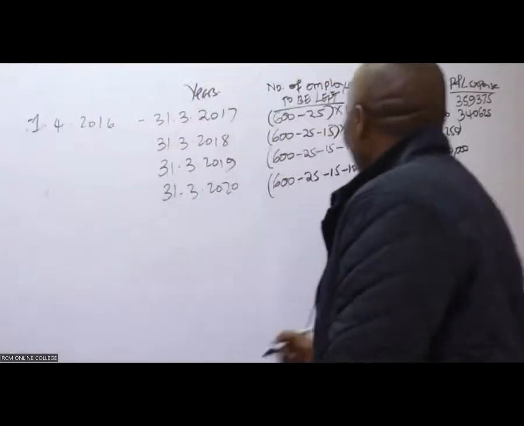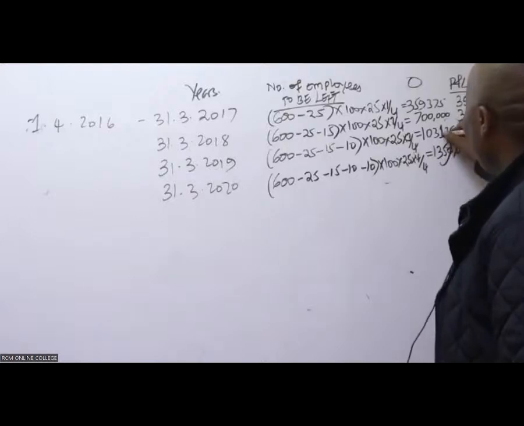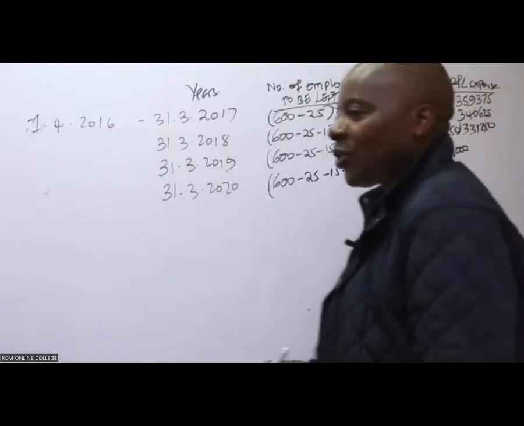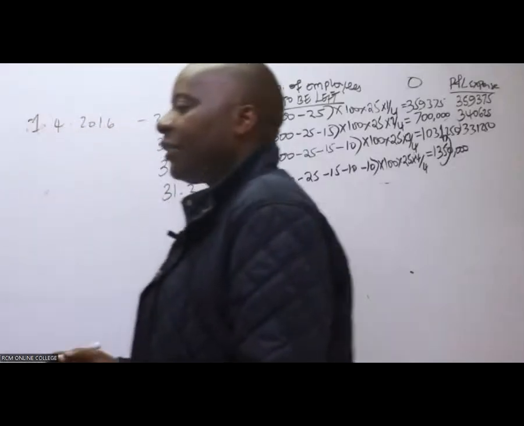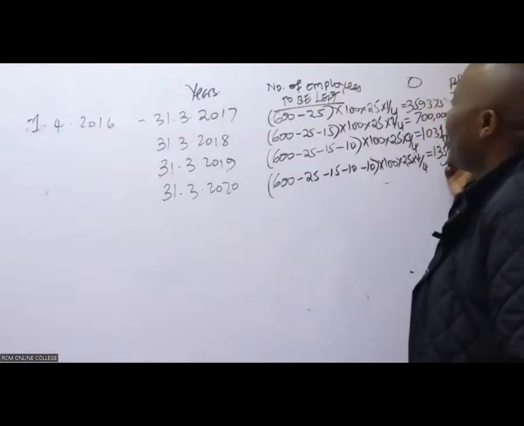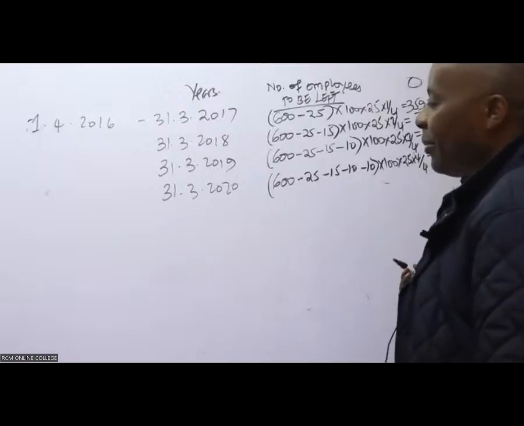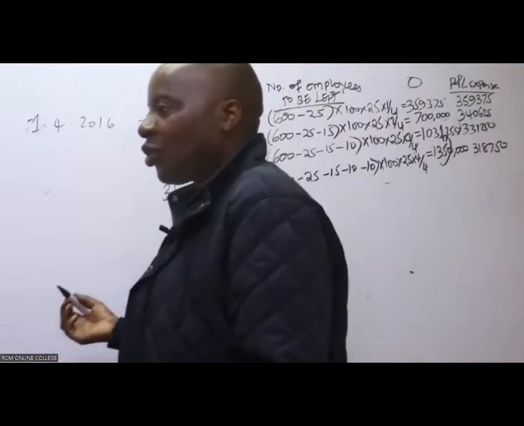331,250, 331,250, 331,250. And then lastly, we have this minus that. The last one, 318,200, 318,750, like that. So if you have time, should they tell you, for example, give us extracts of the